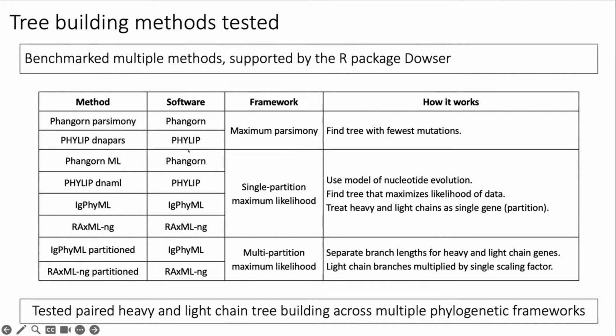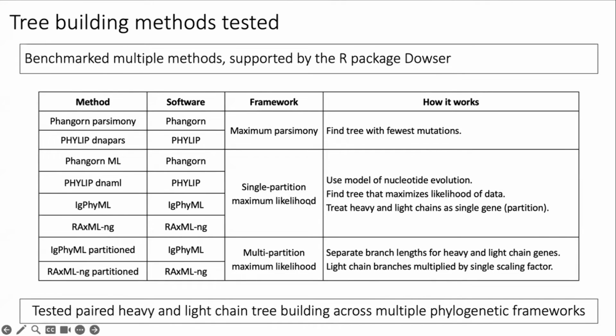We looked at multiple different phylogenetic methods, all of which are supported by the R package Dowser. And rather than going into all of these, they separate into three main frameworks. The first is maximum parsimony. And in this, you find the tree with the fewest mutations. It's a very intuitive way of building trees, and a lot of B-cell phylogenetics packages use this means of building